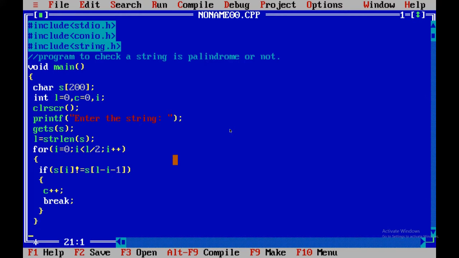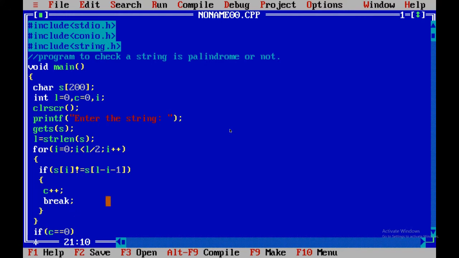Now here we are closing a for loop, and now we are checking if the count variable or c variable is equal to 0, that is, if it doesn't satisfy this condition, the loop will run. If it doesn't satisfy this condition, the loop will run again and again, and the value of c will remain 0, since we have initialized it with 0. But if it satisfies this equation, the value of c will increase and the loop will be broken out, and the cursor or the compiler will come out of that loop.